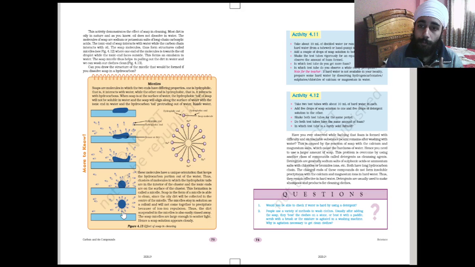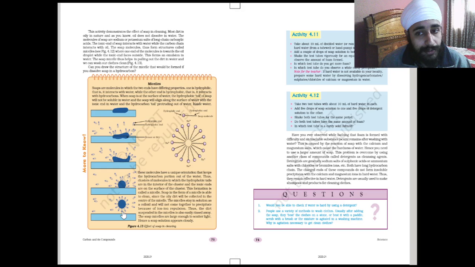Add 5 drops of detergent solution to the other tube and shake both tubes for the same period. So are both tubes the same form? No. In which test tube is a curdy solid formed? It is in the soap solution test tube, because we already have the answer to this.